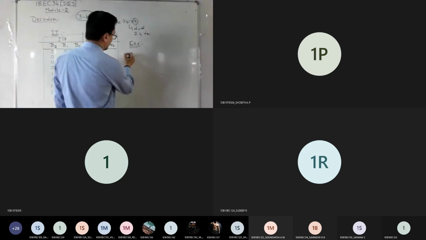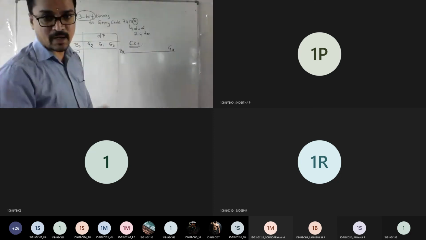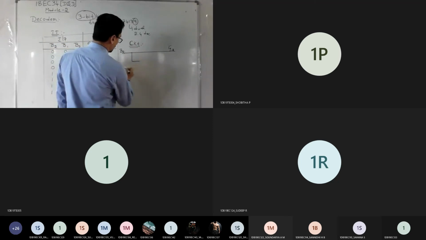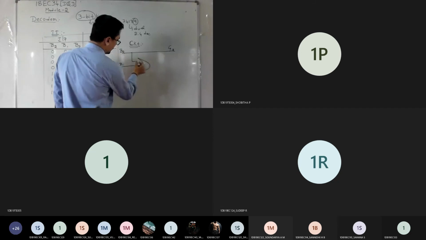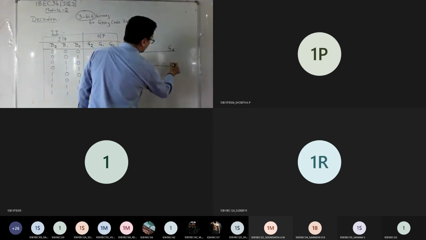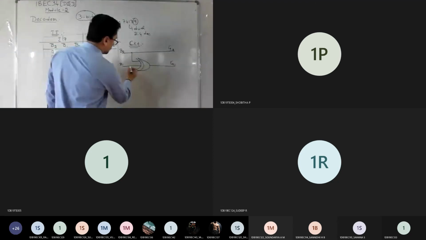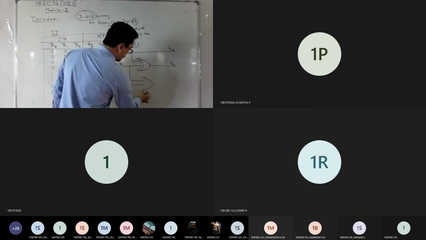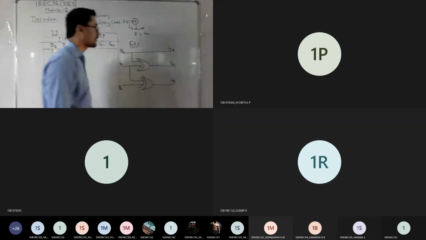What diagram I'm writing, look at carefully. So B2 and G2 both are same. Then to get G1, I am connecting my B2 input and B1 input to my XNOR gate. So this will give you G1. Clear? Similarly, to get your G0, connect B1 input and B0 input to one more XNOR gate. That will fetch you G0.